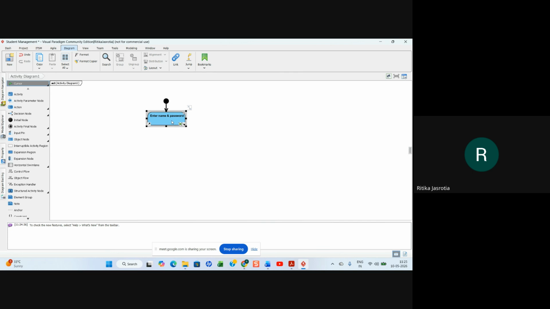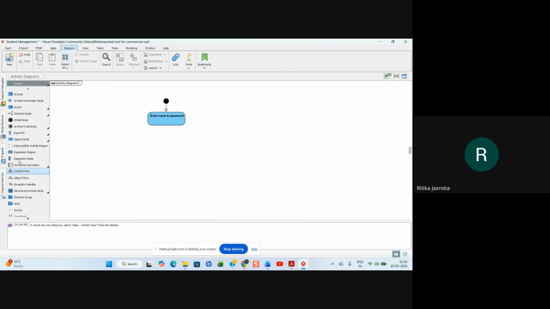This activity is there. Then after that you want to show the condition. Where is the conditional? I have to give the condition myself.